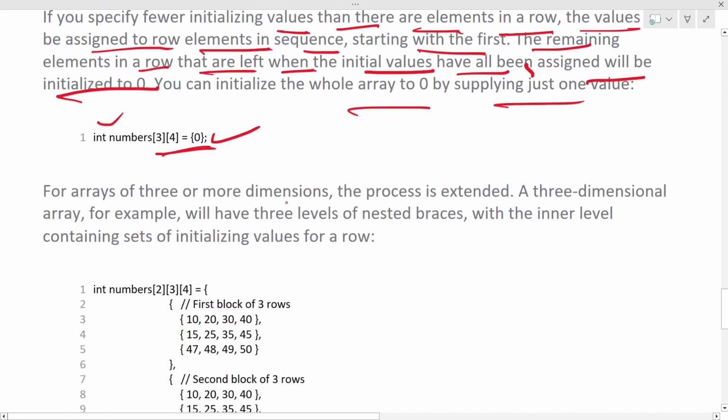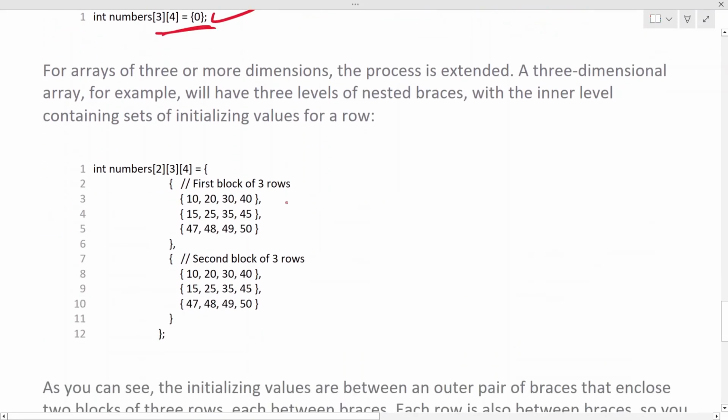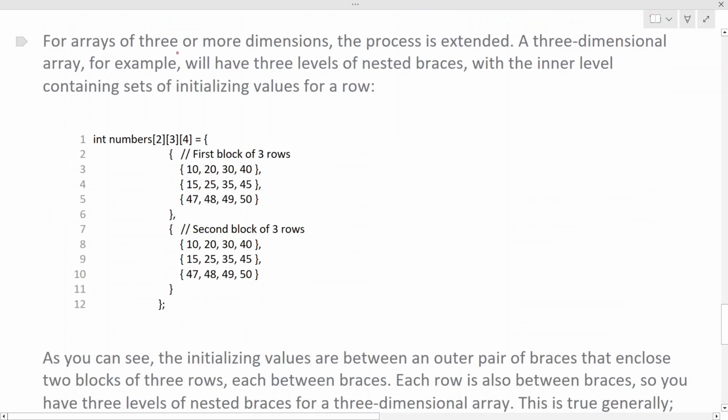Similarly, how we initialize the one-dimensional array. So for arrays of 3 dimensions or more, the process is extended. A 3-dimensional array, for example, will have 3 levels of nested braces with the inner level containing sets of initializing values for a row. So you can see that this is a 3-dimensional array where it contains